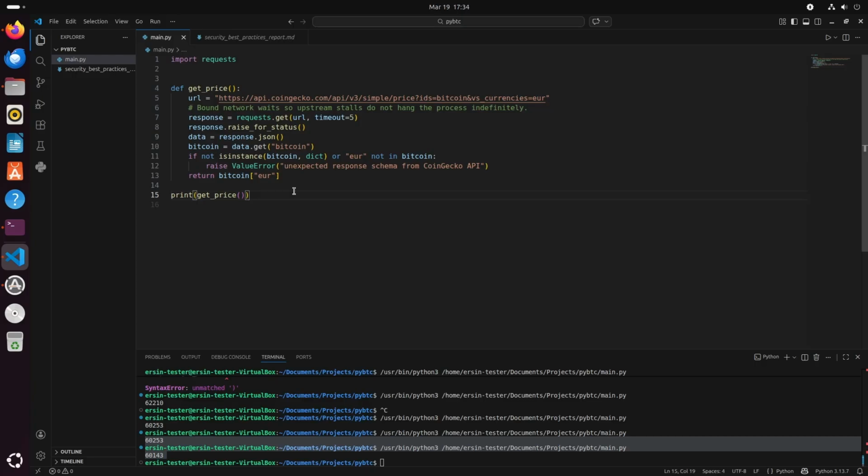And for every addition from now on, it can check security best practices, because this is the Python code, and it will use this skill MD.